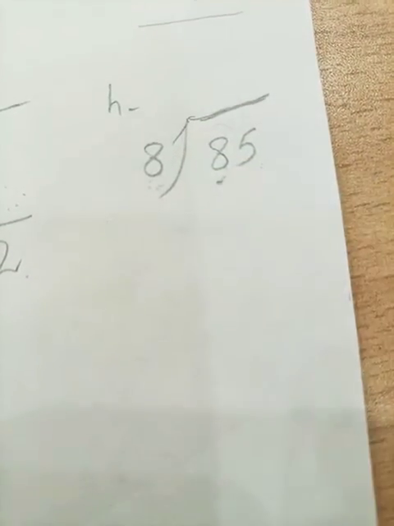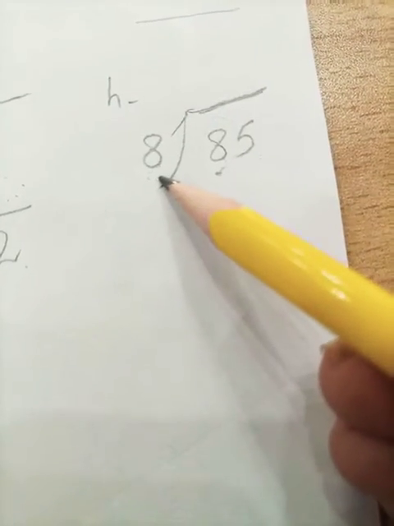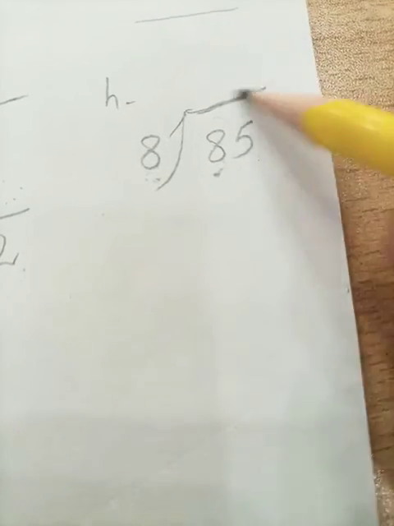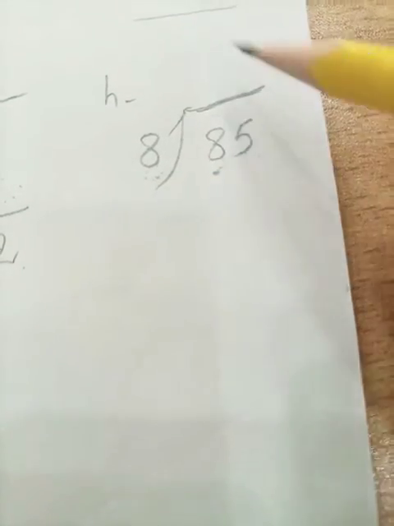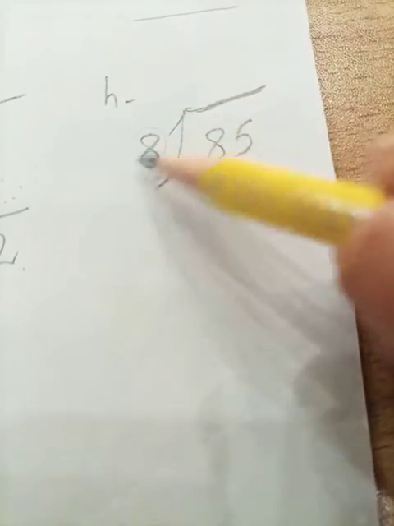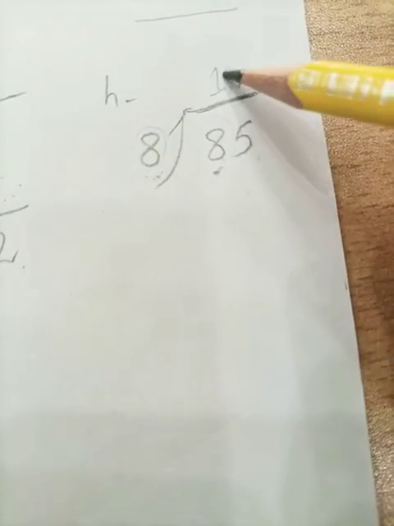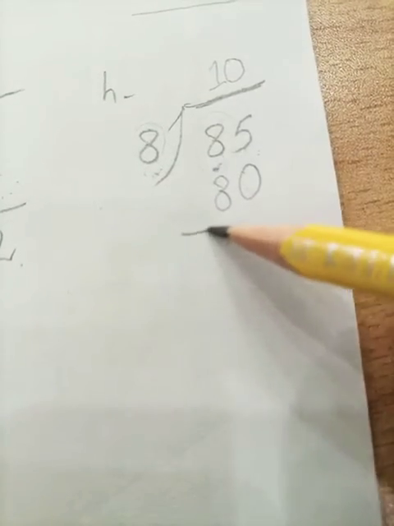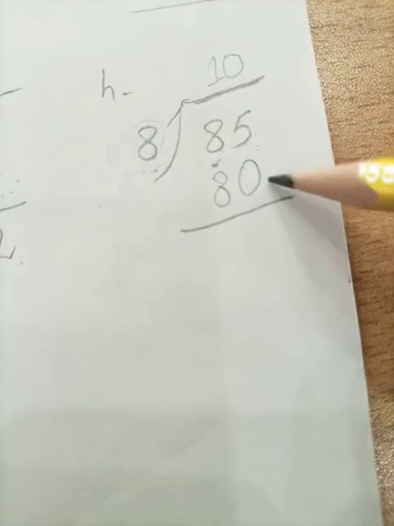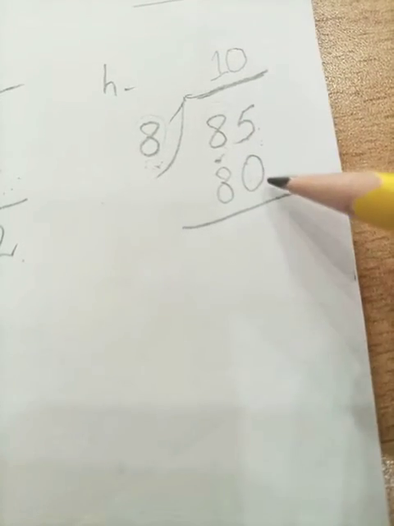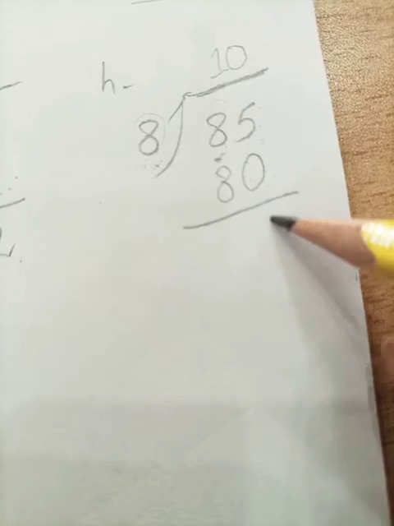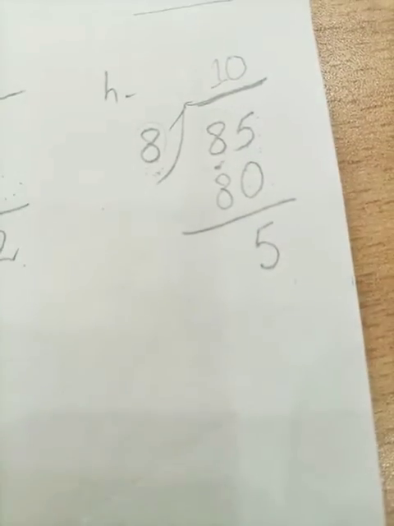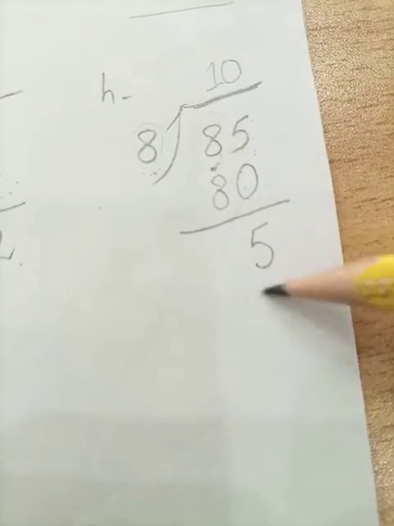So students, we have read the table of 8 until the number 10. Look students, after 10 we can't write it, so at the last we will multiply our 8 by the number 10. 8 tens are 80. Now students, we are going to subtract it. 5 minus 0, and you know that when we subtract 0 from a number, it remains the same. So our subtraction is 5. So students, we have solved our question with the remainder 5.